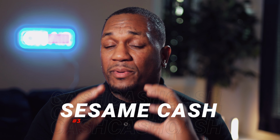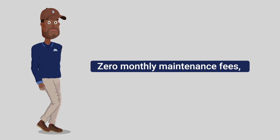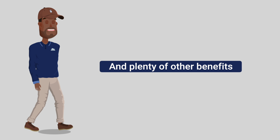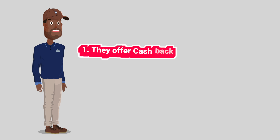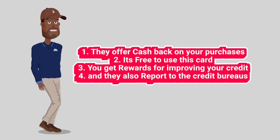And coming in at number 3 on our list, we have Sesame Cash, which is considered the best debit card with free options. And Sesame Cash, which is provided by Credit Sesame, is not just any ordinary debit card. And that is because it comes with a built-in credit building system which allows you to build your credit history by using your own funds. And that also includes no minimum balance requirements, 0 monthly maintenance fees, no foreign transaction fees, and they also offer plenty of benefits without using the credit building feature. And just to highlight some of the benefits of having this card, they offer cash back on your purchases, it's free to use this card, you get rewards for improving your credit, and they also report to the 3 major